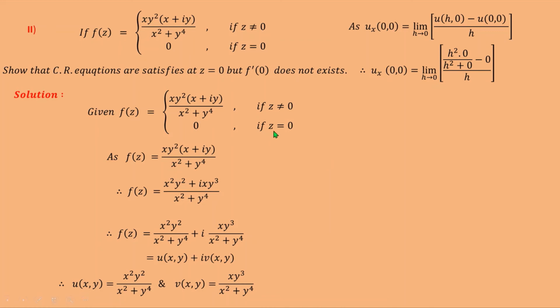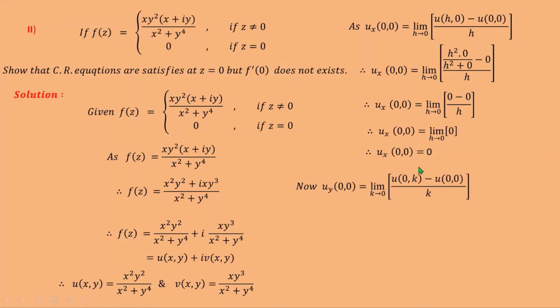See here, if z is 0, meaning x and y are both 0, then the value of u is 0 from this. So put that value 0 here upon h and make this calculation. So limit h tends to 0, (0 minus 0) upon h. So u_x at (0, 0) is limit h tends to 0 of 0, and therefore u_x at (0, 0) is